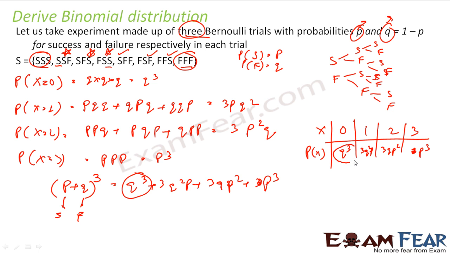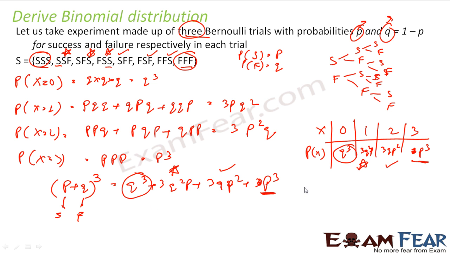This number matches with this guy, matches with this guy, matches with this, and this lady matches with this. So everything is matching actually, right? So if we assume that there are n trials, right? If there are n trials,